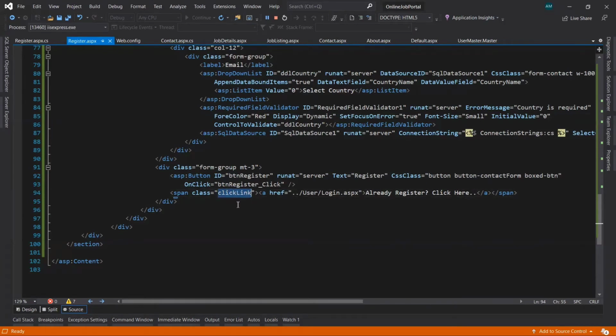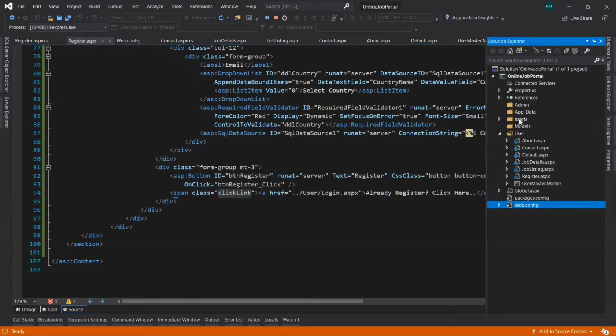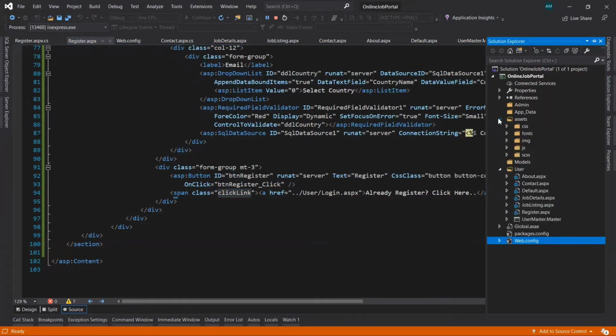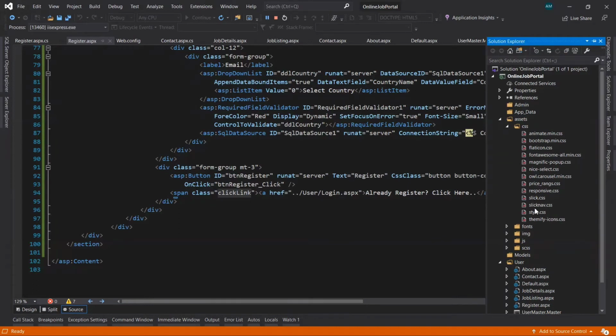So let's give CSS to this class inside our style sheet, which we have inside our assets in the css folder. There is one style.css. Open that.